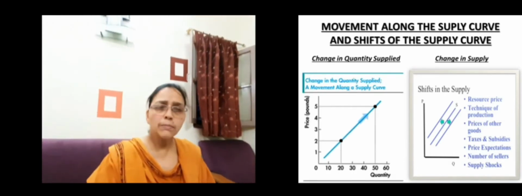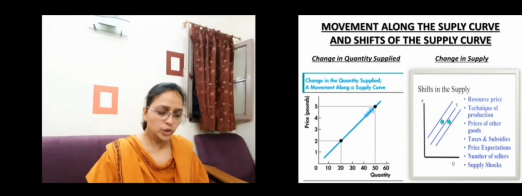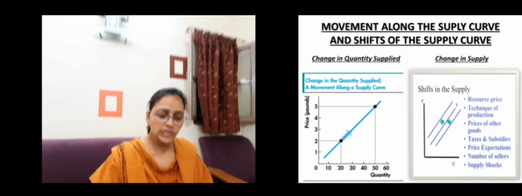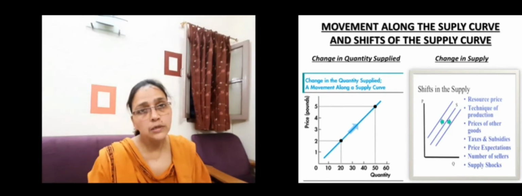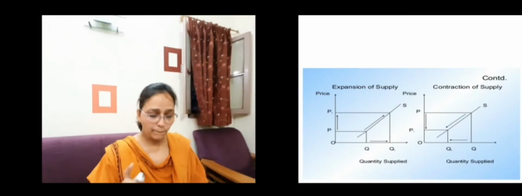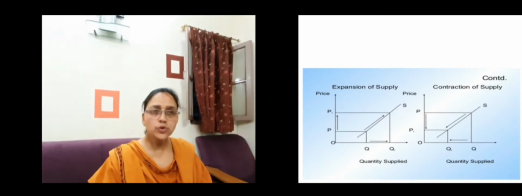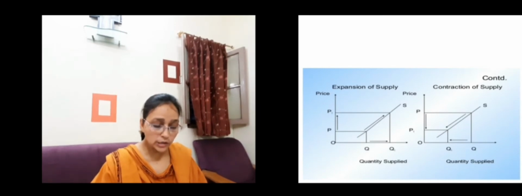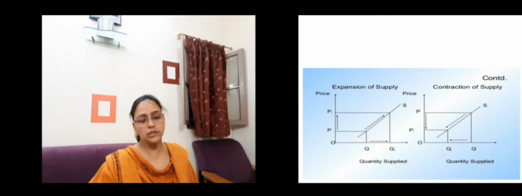Now what does the book say about the increase of the supply curve? An increase in supply refers to a situation when the producers are willing to supply a larger quantity of the commodity at the same price or the same quantity at a lower price, other factors excepted, price remaining the same. And a decrease in supply, on the other hand, refers to a situation when the producers are willing to supply a smaller quantity of the commodity at the same price or the same quantity at a higher price, right? Let us see what the diagram is saying.